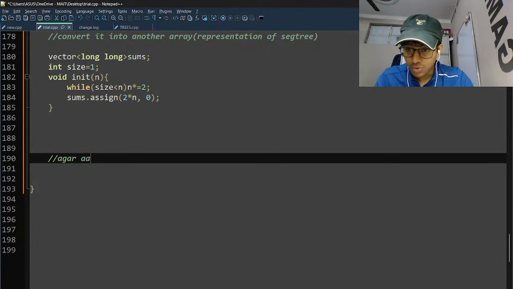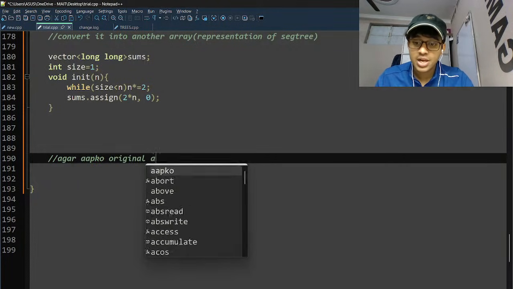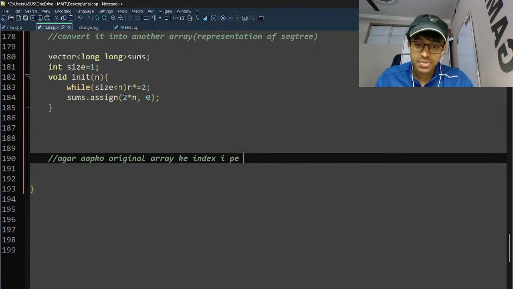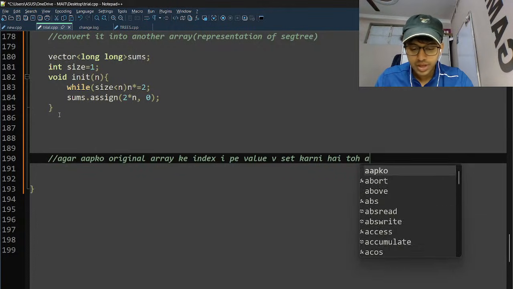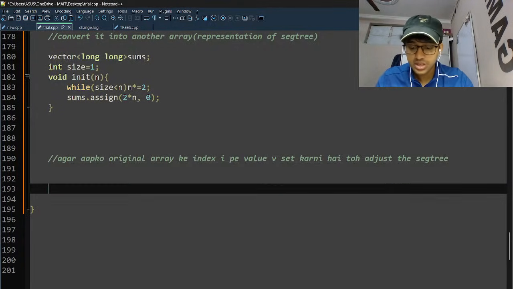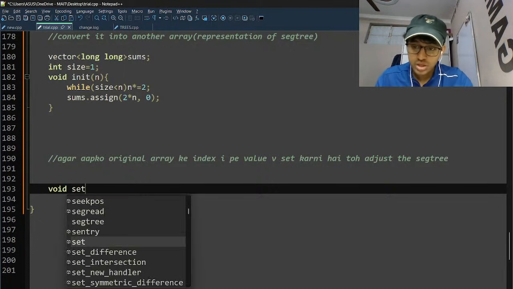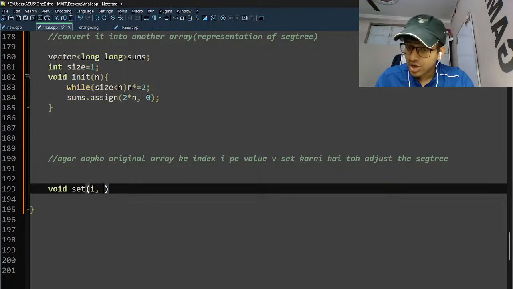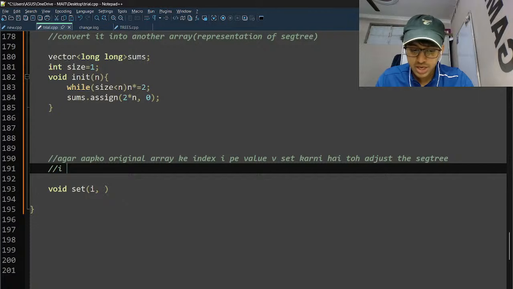अगर आपको ओरिजिनल एरे के इंडेक्स I पे वैल्यू v सेट करनी है तो adjust the segment tree. ठीक है. If let's say we're given a function void to set at index I of original array, I equals to original